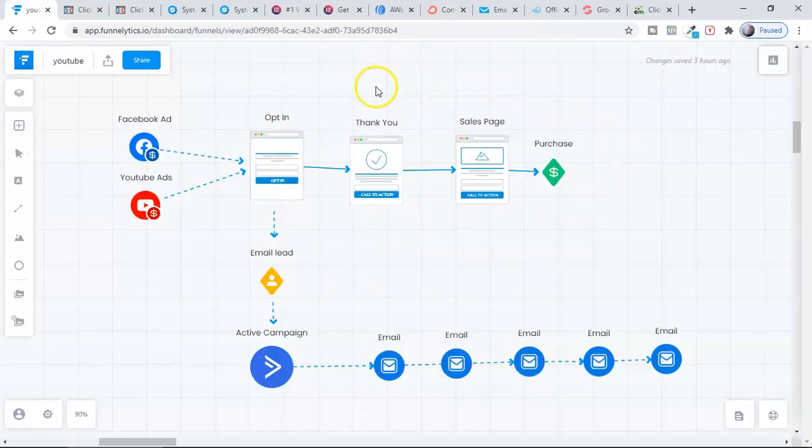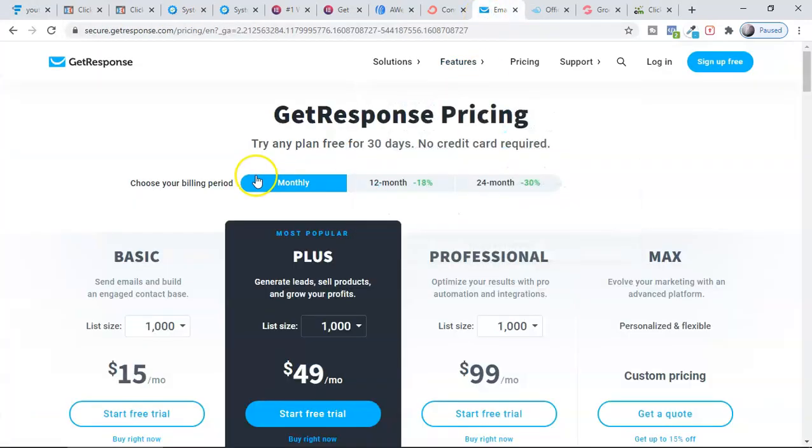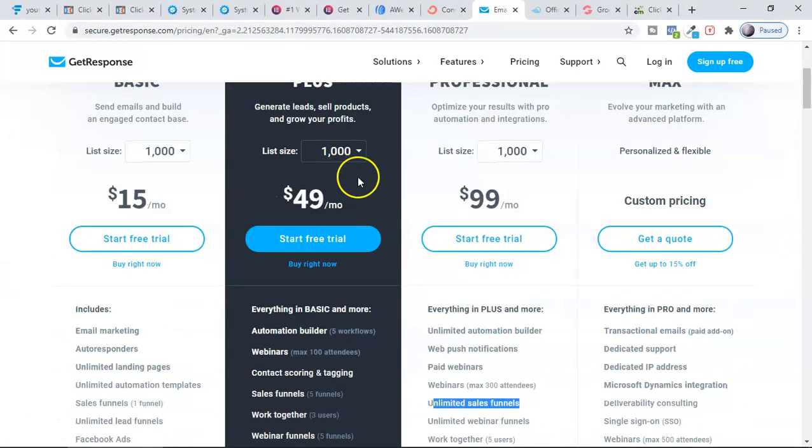So now if you have these tools for creating a sales funnel or landing page, the second very important thing is collecting email. Okay, this is really, really important. By not collecting emails, you're losing a lot of money because you're not able to retarget. So if you're collecting emails, one of the best software which I've been using for a long time is GetResponse. Okay, you can use GetResponse.